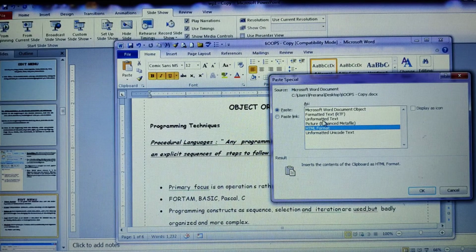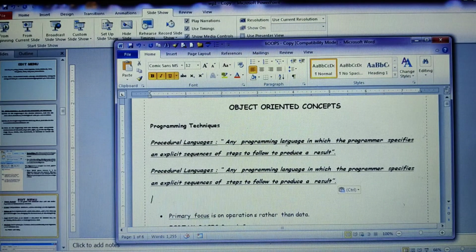Unformatted text means plain text, picture if you have anything, or HTML format, that is web page format, or unformatted Unicode text. Now let me go for RTF text. When I click RTF text and click OK, see, whatever formatting you have done for this particular text, the same formatting is pasted.